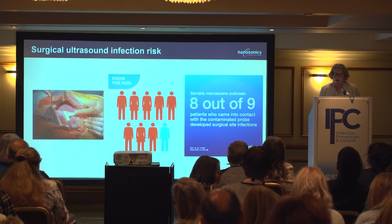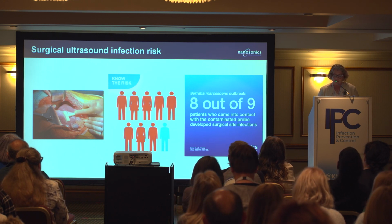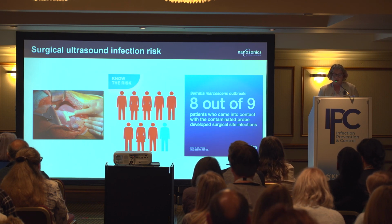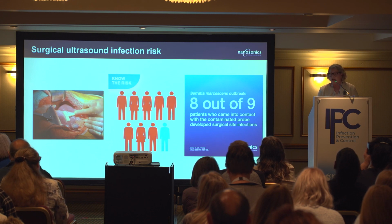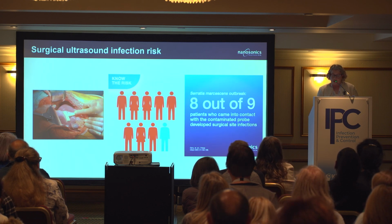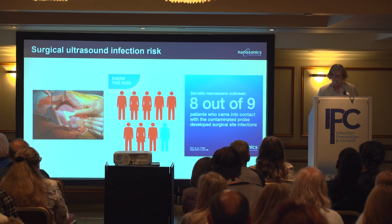Looking in a surgical setting and where ultrasound is used in a surgical setting. So this French study demonstrated direct transmission from their probe to their patient. So in open liver surgery, where you have essentially, these were patients that were being treated for cancer, and so most of the eight infection patients that they had were undergoing cancer treatment. So this particular outbreak involved Serratia marcescens, and so that had become connected with the use of the probe with those patients. So again, another indication of where you can see this probe is coming into direct contact with the patient's